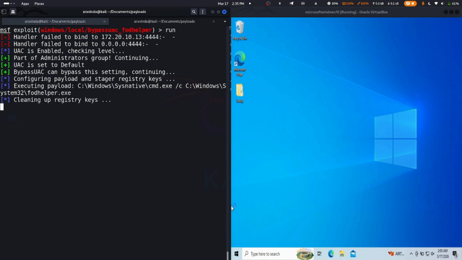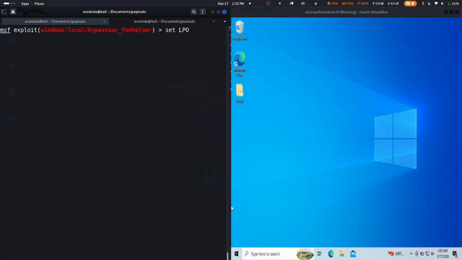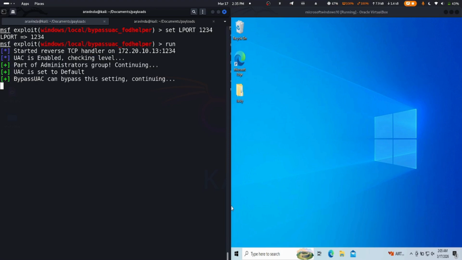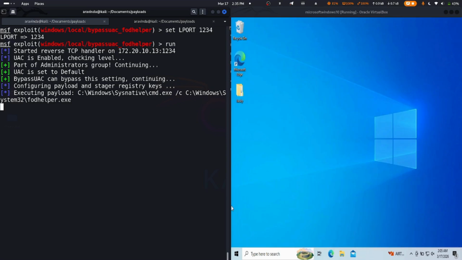let's clean up the registry keys and let it clean up the registry keys, and further we will change the handler. So we'll see the options, and we will set our LPORT as 1234, and let's run the exploit. And the TCP handler, this time it correctly listens on the port 1234, and